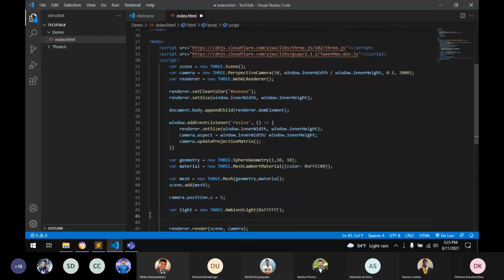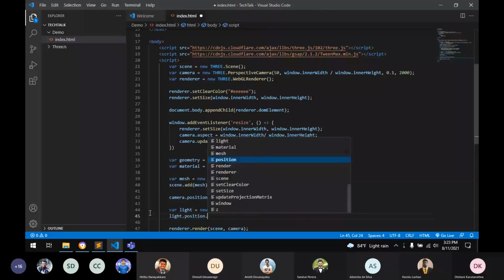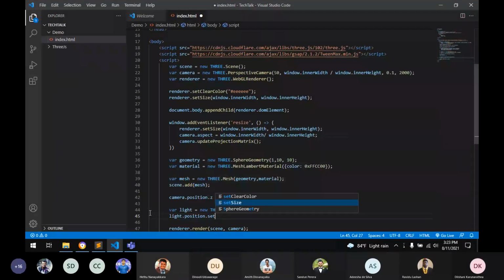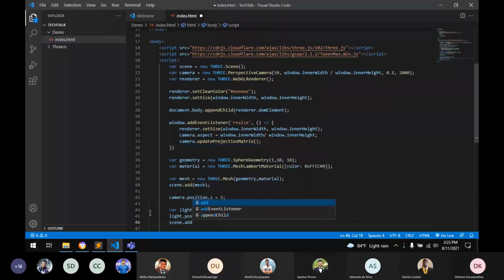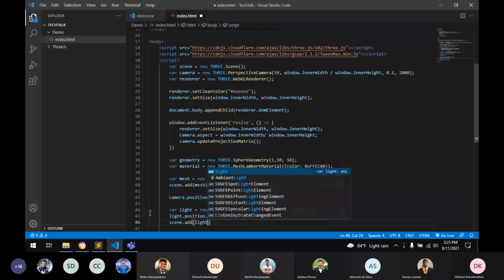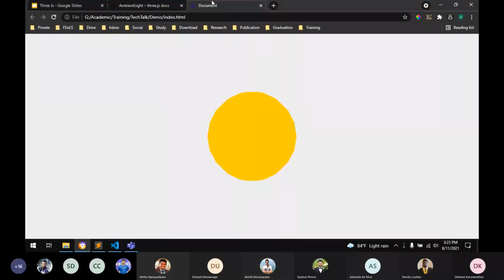And add to the scene. Now the light spots on the object.